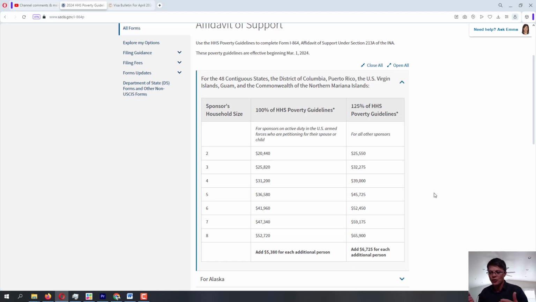So if your tax return is showing your income being $45,725 or more, in that case you are able to sponsor the total household size of 6 people. So if you're sponsoring, let's say, one person and your household size is already 5 people, then that's how much you need to make. And it is a gross income, it's not a net income.